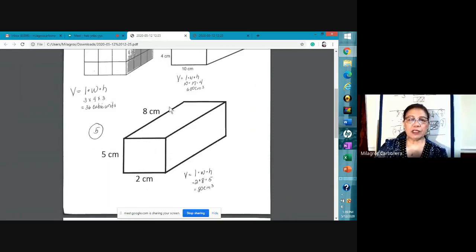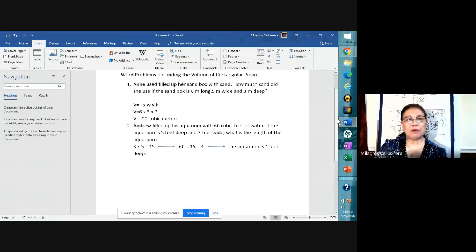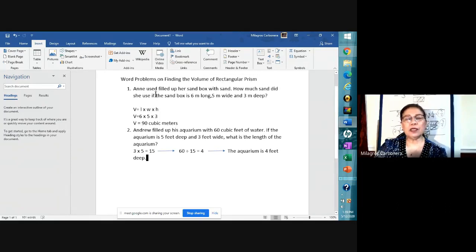Okay? Now, this is only for if you're given the picture and you're just going to find the volume. How about if you're given word problems? How would you know that you are asked to solve for the volume? Now, I have here 2 word problems that I prepared, okay? Problem number 1, it says,